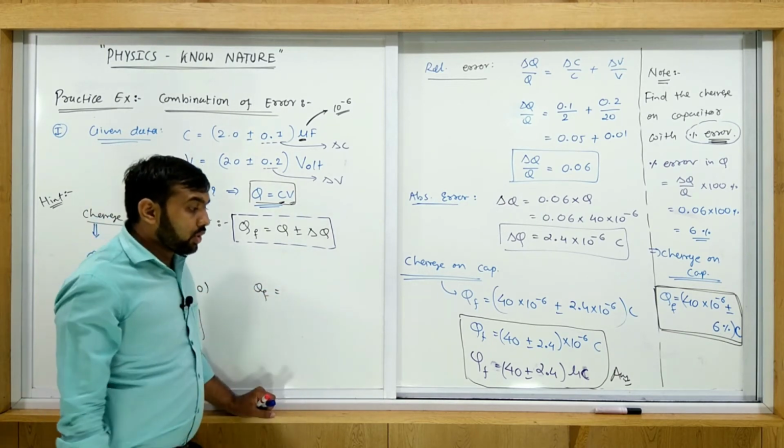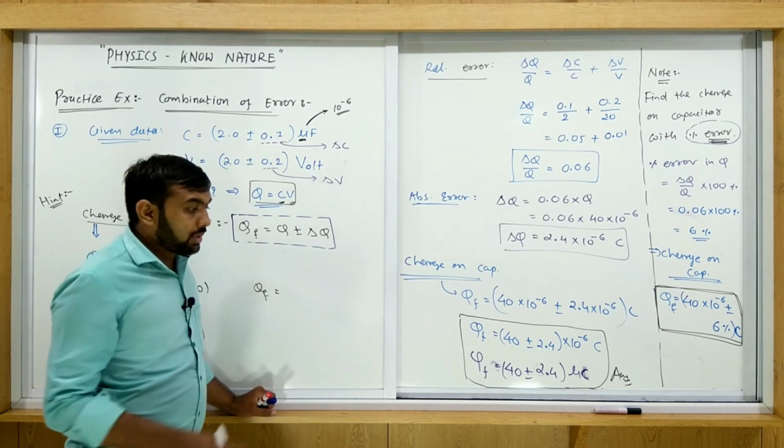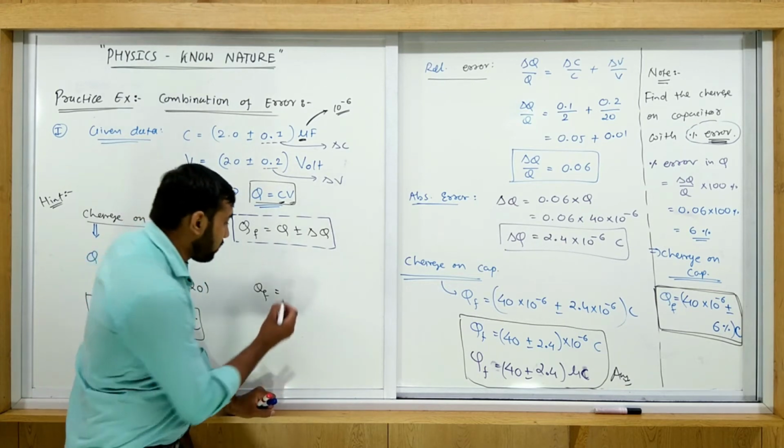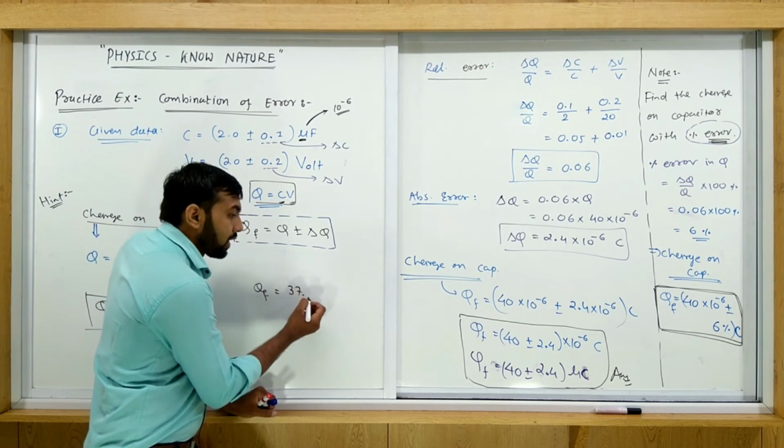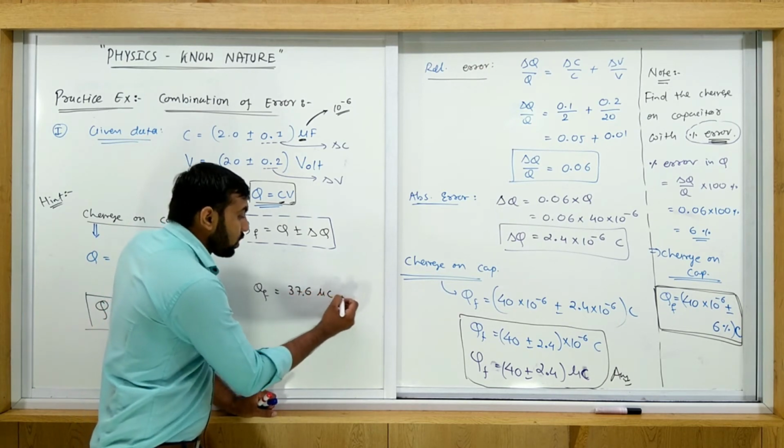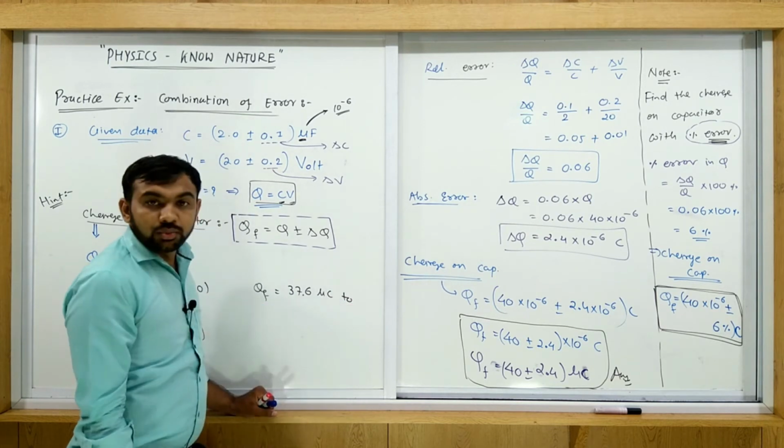So Q final, you just write 40 minus 2.4. So 40 minus 2 is 38, and 38 minus 0.4, it means 37.6 microcoulomb, to 40 plus 2.4, it means